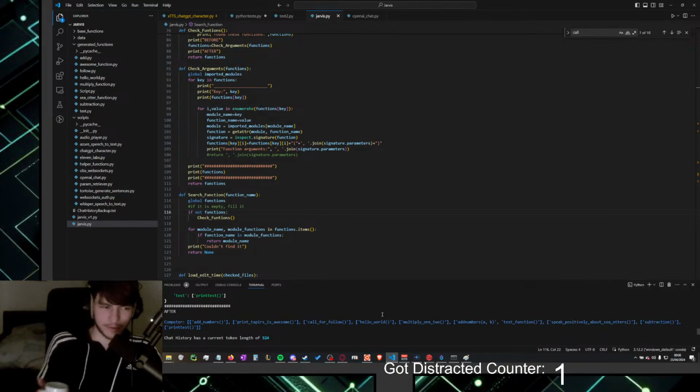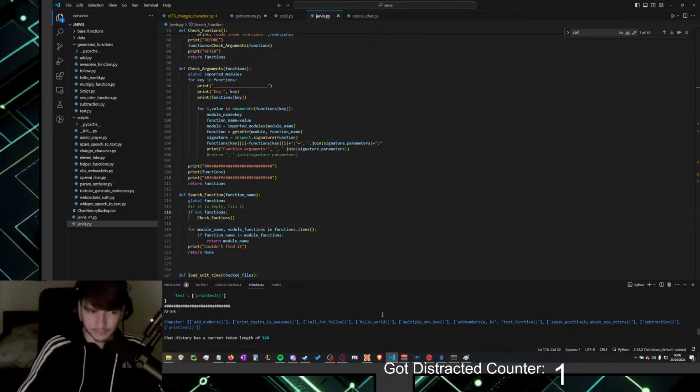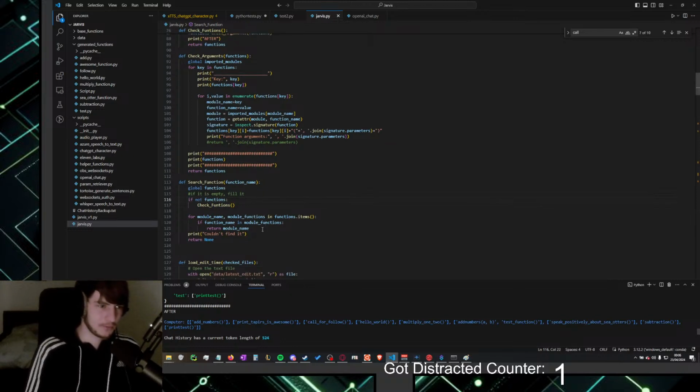I feel like I should wipe those functions at some point. But hey, now it has a way of knowing what the arguments should be, or like, what they're called at least. And it has to guess what the arguments are then. But that's good.